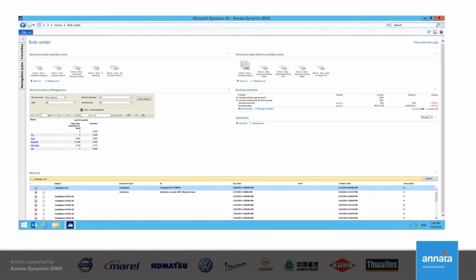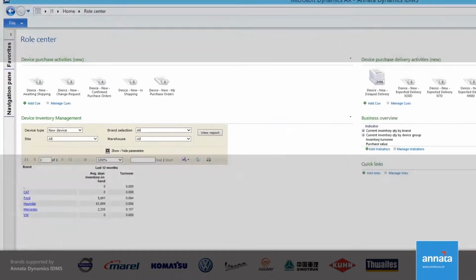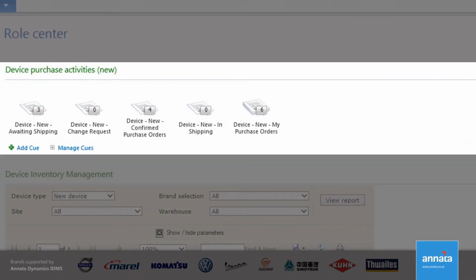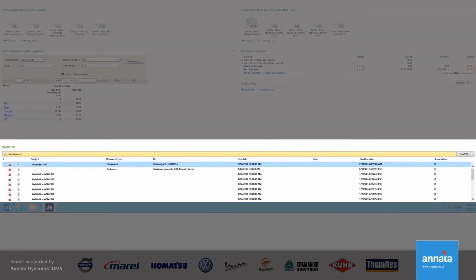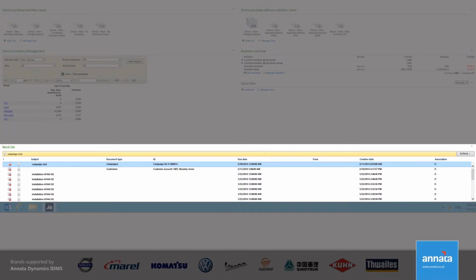Before we look at the functionality of Annata Dynamics IDMS, I want to show you my role center. I use the role center as my dashboard, as this gives me access to the parts of the system that I need as part of my day-to-day work. The cues at the top of the role center give me direct access to the forms that show me what is happening in my part of the business. As an example, I can see the status of the purchase orders and the number of devices as well. The reports also help me to track what's happening in my business. Right at the bottom of the role center, the alerts section highlights the most urgent tasks that I need to